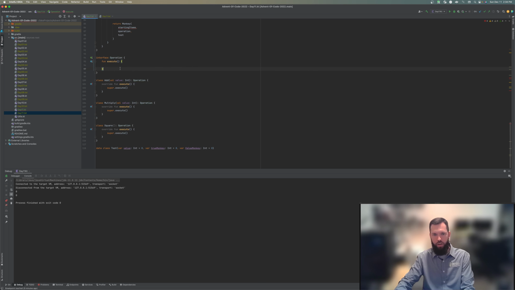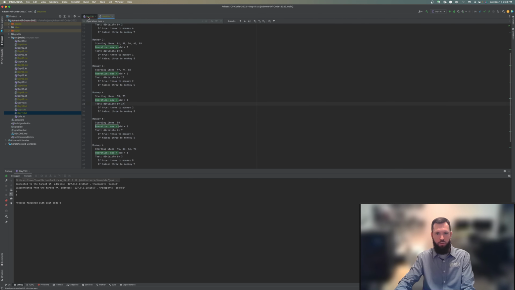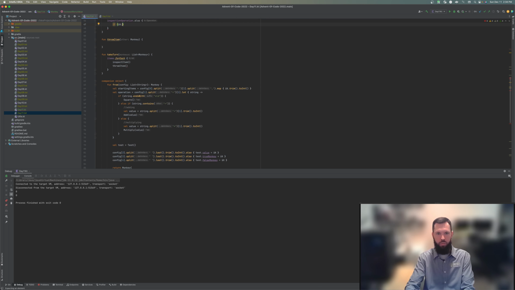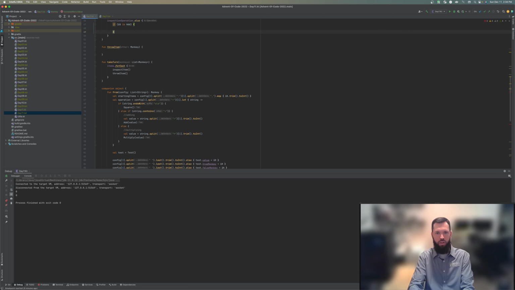If it's add, that's what we'll do. We'll just check if it's each type. If it is add, like this, I think that'll work. If it is add, else if it is multiply,